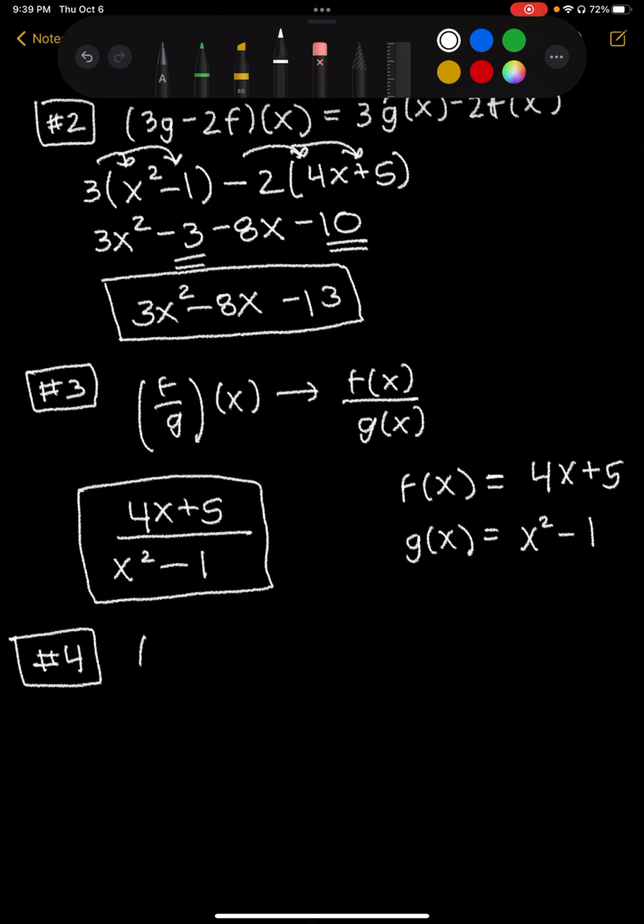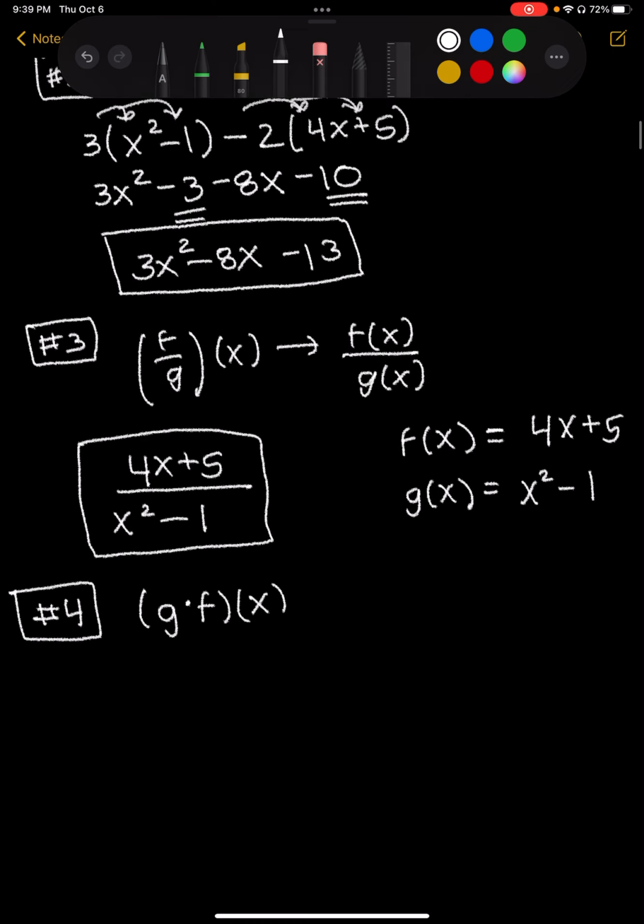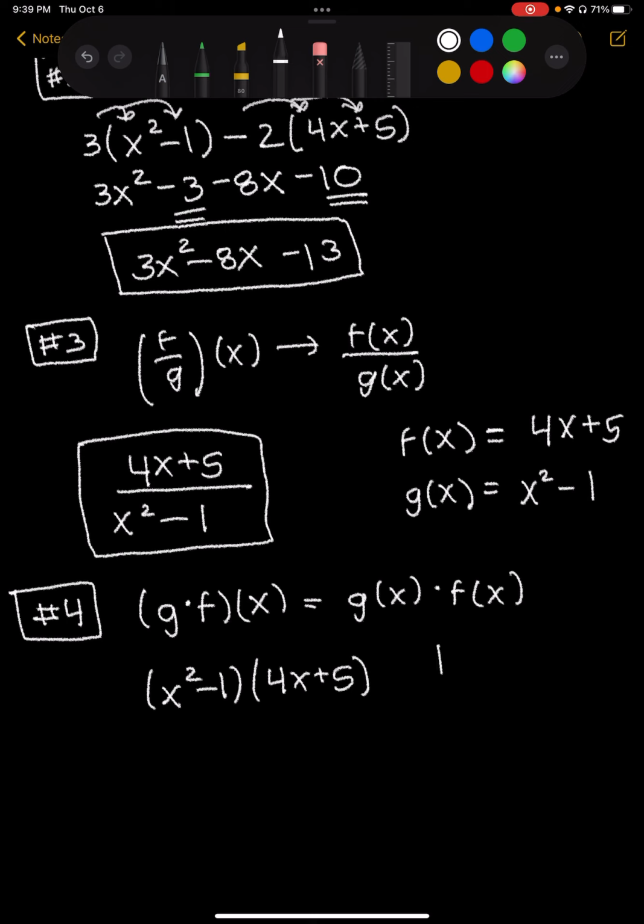And this example is g times f of x. Another way to write this is g of x times f of x. So we just write the g of x equation, which is x squared minus 1, then times your f of x equation, which is 4x plus 5. These things are called binomials, so when you multiply them, you have to FOIL. FOILing means that we're going to multiply, and FOIL, if you remember, stands for